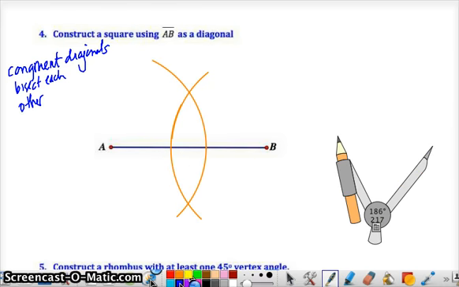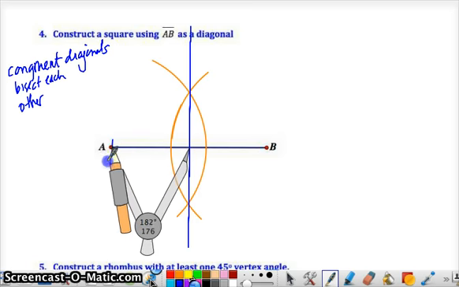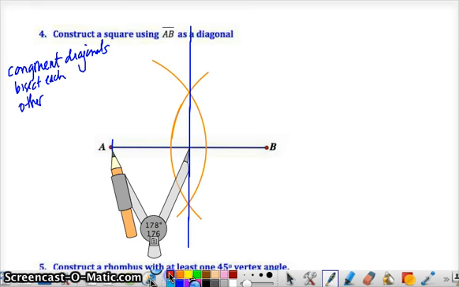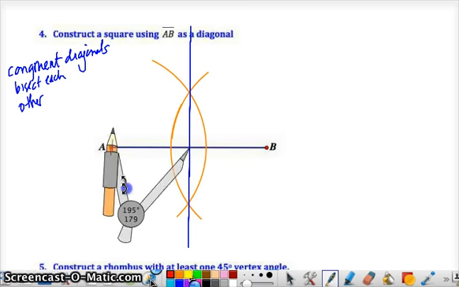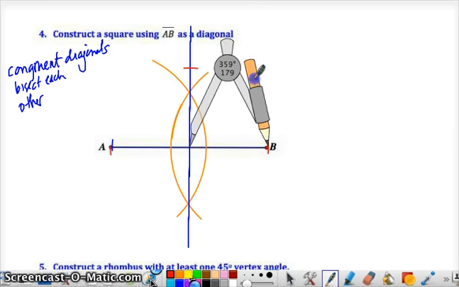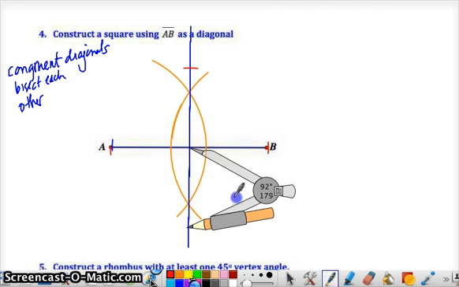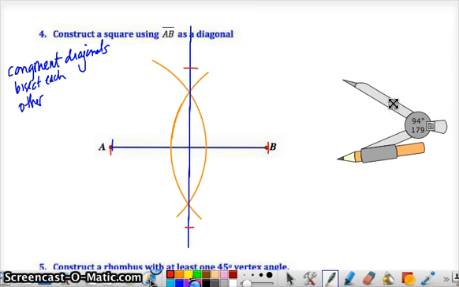And then after I bisect, make your line segment long enough so that you know it's at least as long as AB. So then what do I do? Well, my diagonals have to be the same length. So I need to replicate this length right here. This is how long each diagonal has to be. So this diagonal has to come out that far, this diagonal comes out that far, this diagonal comes out that far. So there we have it. We connect